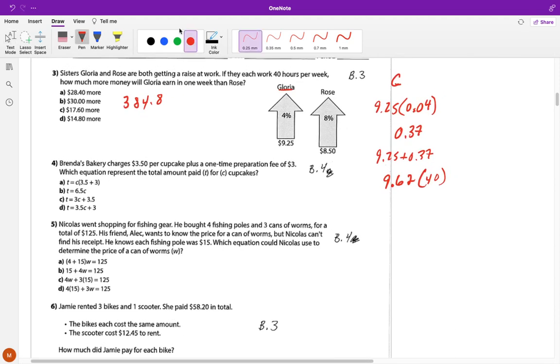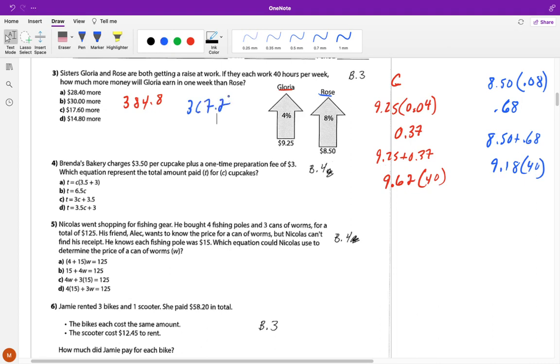All right, so then for Rose, I'll put her in blue. It's $8.50, and she is getting an 8% raise, so we're multiplying that by 0.08. That means she's going to get a 68-cent raise, sorry. So we add that back to her original amount, which now means she is making $9.18. We multiply that by 40, and in 40 hours she is going to be making